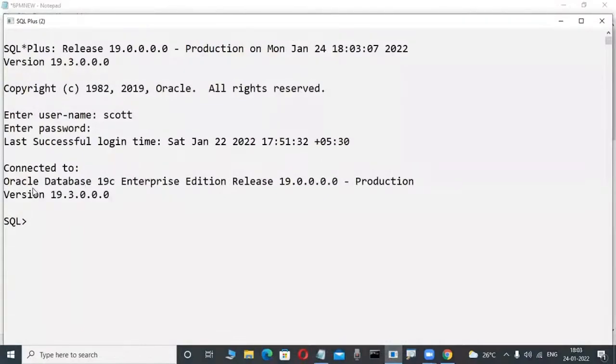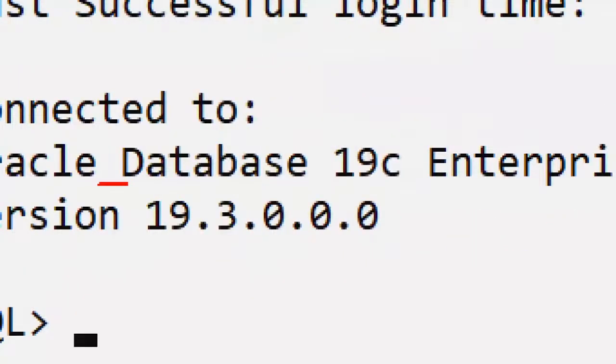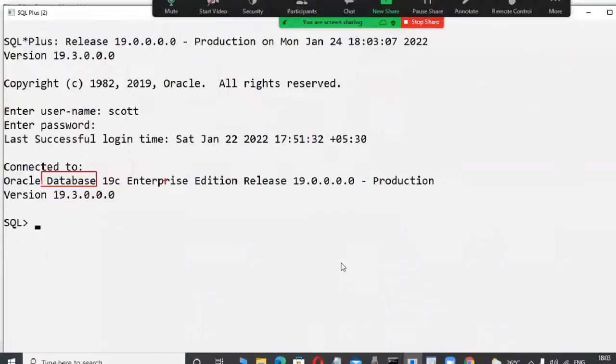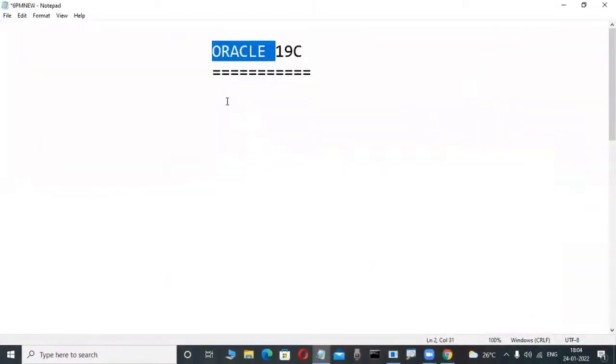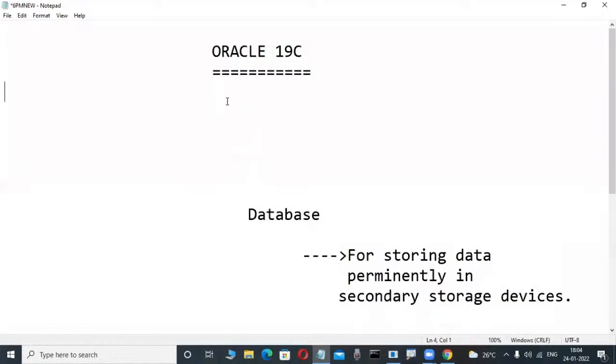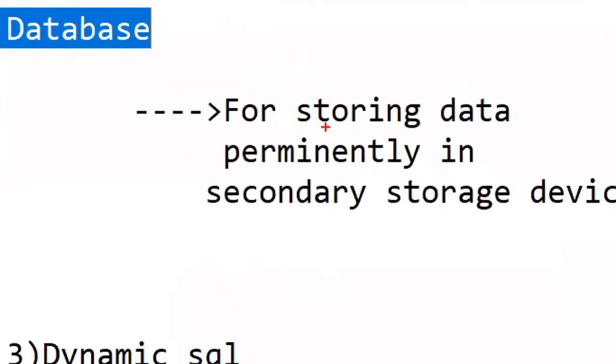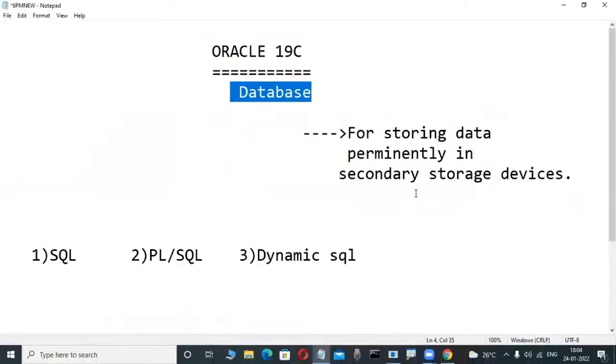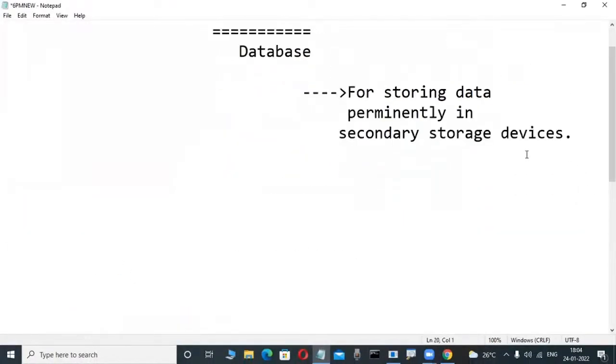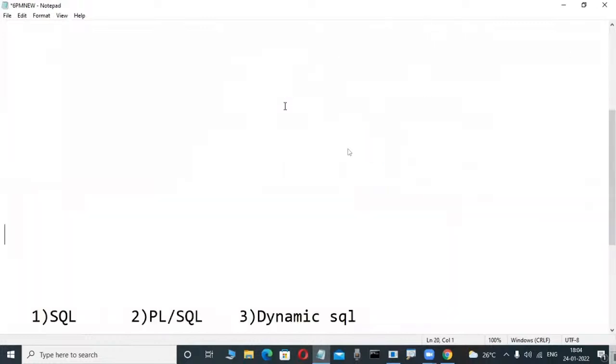Oracle is a product from Oracle Corporation. What type of product? A database product. What is the purpose of database products? Either Oracle, SQL Server, or DB2, so many products are there. The purpose is storing data permanently on hard disk, in secondary storage devices, but also efficient retrieval of the data. But unfortunately, as I said in previous classes, observe slowly: a database is a place